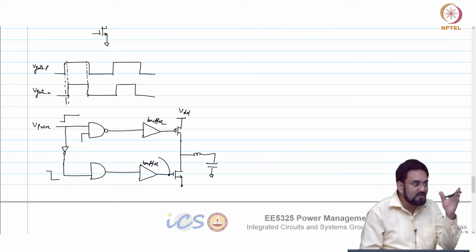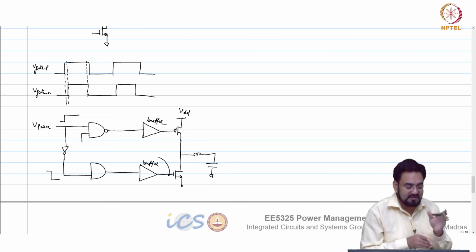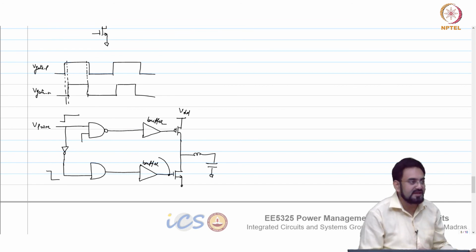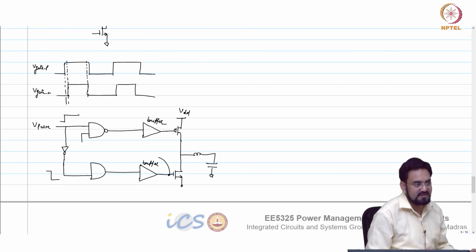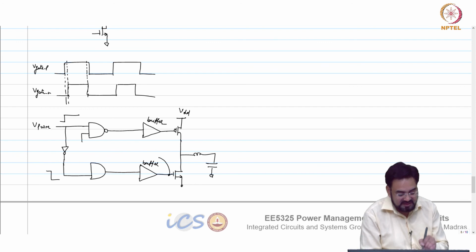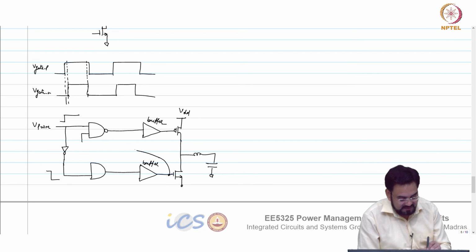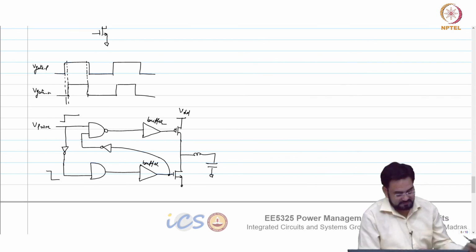So if you are looking at, let us say, your threshold inverter, this gate is tripping at VDD by 2, then half a nanosecond delay is added by this gate itself, the gate rise and fall time. That is why you have to make sure that you take the feedback from the gate at the endpoint. And this is going 0 and we want this input to go high, so you connect an inverter here.